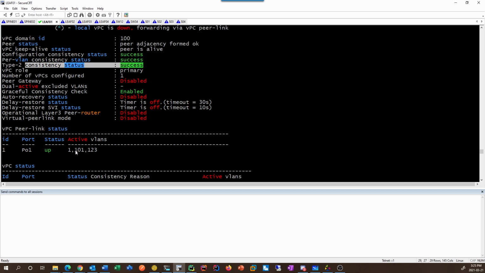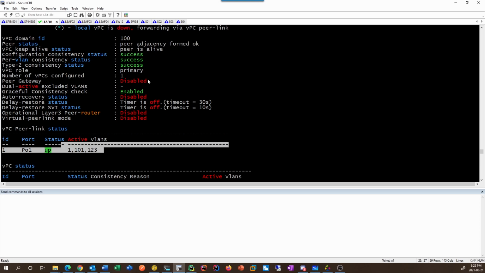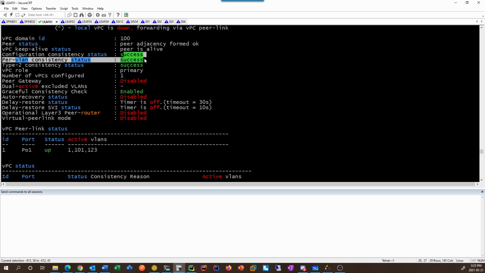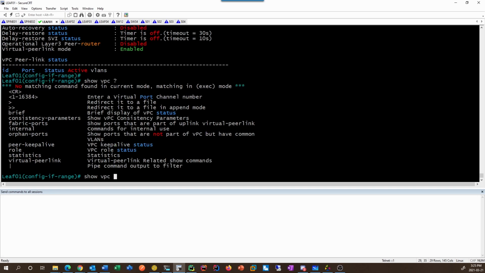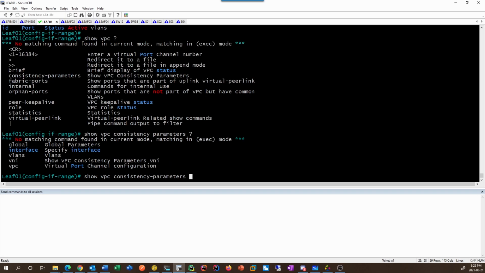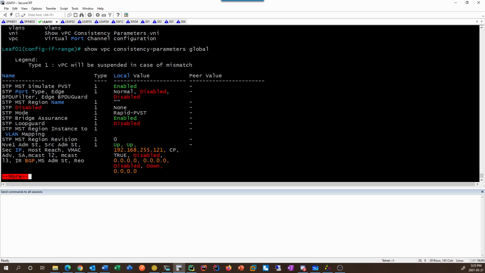If I was to add like 102, basically it would say like, hey, I'm suspending 102 because I'm not seeing it on the peer, and it would basically give you a warning that it's not consistent anymore. And if that inconsistency is bad enough, it's going to cause issues. So we can go show VPC consistency parameters,